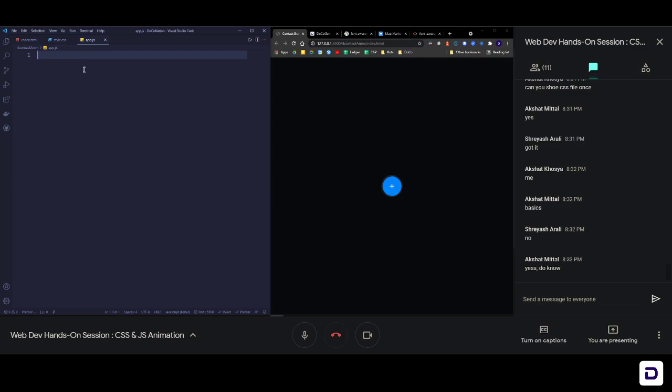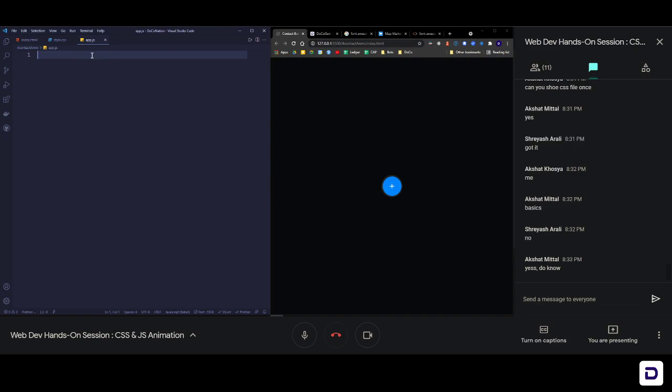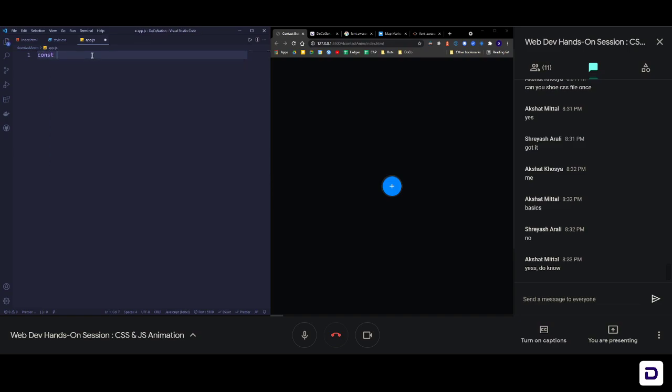First of all, this is what almost every developer says: grab all the elements that you need from your screen into the JavaScript file. So what do we need? We need this button, so we need the FAB, and we also need the icons, the thing which we are growing and applying the class to. We need this div class, right? So let's grab both of them. This is how you grab anything from the screen. You write const and you declare a variable. So one variable is fab, which is going to be equal to document.querySelector.